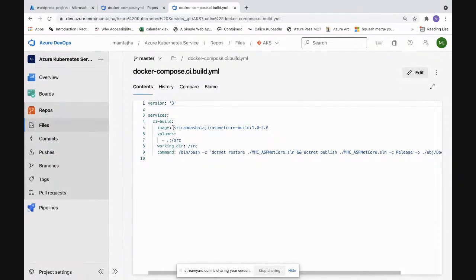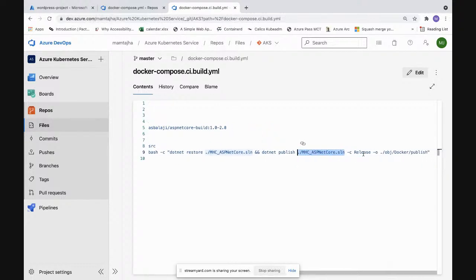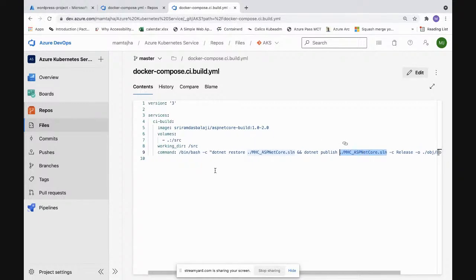And here you can see that image name is being given. We are picking up a basic image and then we are picking up the entire code from the source directory. And we are going ahead and executing some commands so that we can do a .NET build and a .NET publishing of the output file. So this would be produced as an output and we would be publishing that output of the .NET application build. So this is going to do an application build. I'm not getting into Docker basics and all because we are not into a Docker session. So I'm just skipping that.